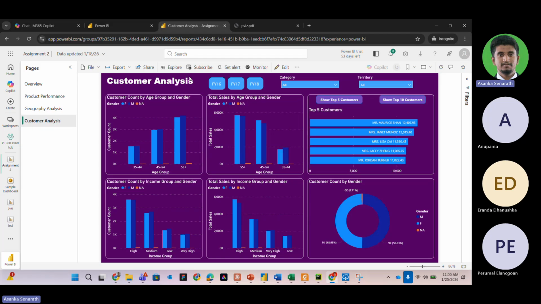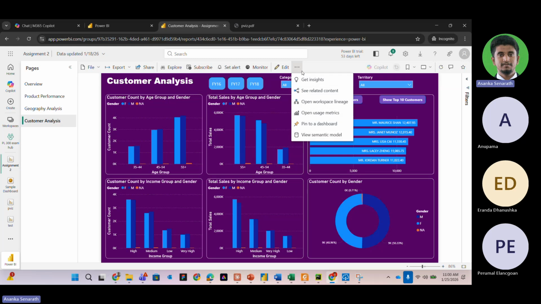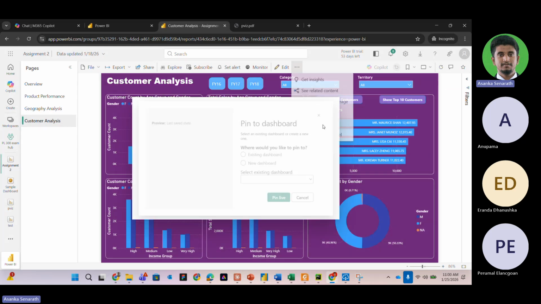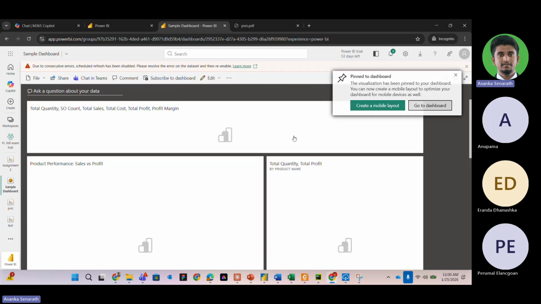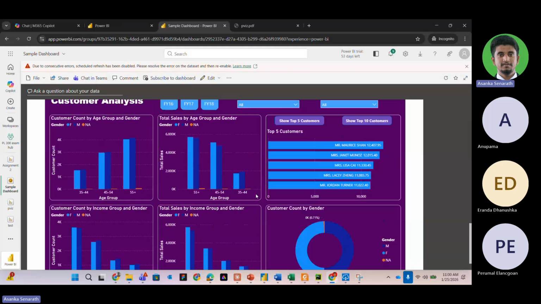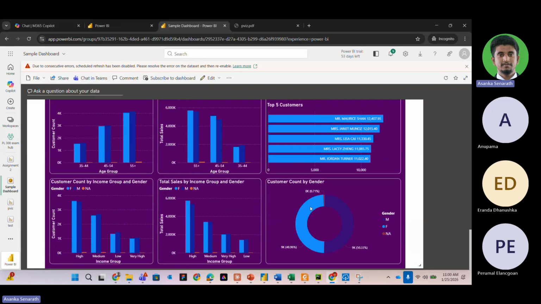Sorry, my mistake. So if you come here to the page, you can click on these three dots over here, and there's an option called pin to a dashboard. So we can actually pin the entire report. See, I am pinning the entire report now. If I pin like this, the entire page has been pinned, and the interactivity also happens. See, interactivity happens. So this is what they want actually. So this is what we're supposed to do, right?